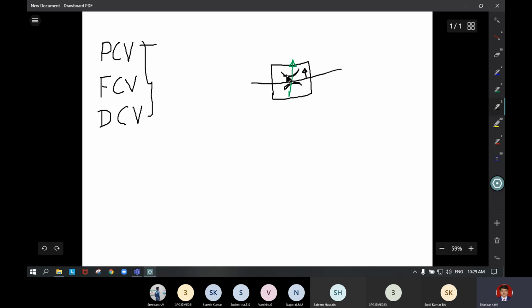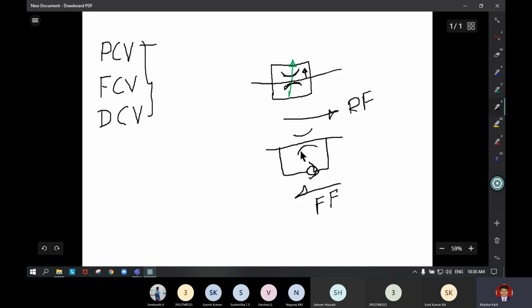So this is a simple restriction flow control valve. In this forward direction is a controlled flow, whereas in the reverse there will be a free flow. That means we have to add one check valve here. Then the reverse direction is free flow. There is no restriction, which is coming out of the valve body. In the forward motion it is a restricted flow because this check valve is blocked here. Whatever flow is coming here has to go through the restriction only.